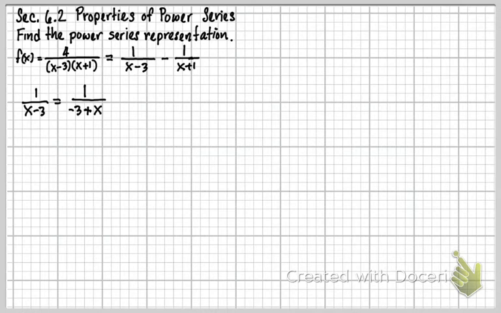Because again, remember what I'm trying to do here. I'm trying to get it in the form of 1 over 1 minus x, because I know that this equals the geometric series, and that's where I'm trying to get to. So this is getting closer now because I moved the letters around and the number around. So now I have to get this a 1 minus